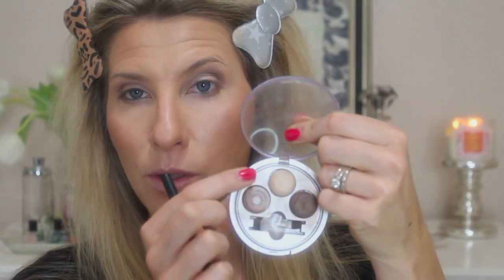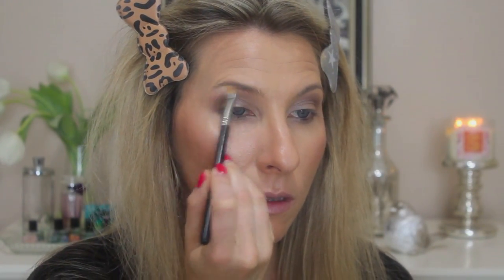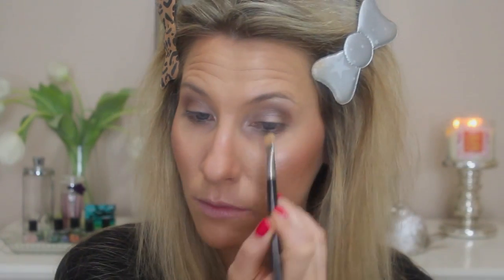Okay, and then for my brow bone highlight, where is my little brush? This is a MAC, but I never can remember the number of this. I think it's the 212 or something. The numbers have worn down on them completely. And now I'm using the highlight shade right here. So I'm going to apply some under my brow. And then I'm also going to add some to the inner corner. It's just a really pretty highlight. Okay, just like that. Now I'm going to blend everything out with a